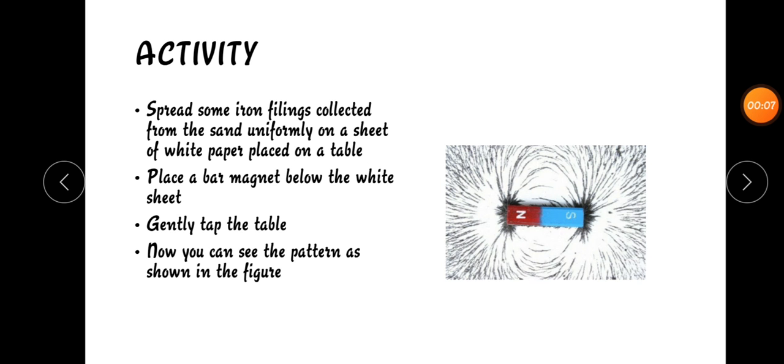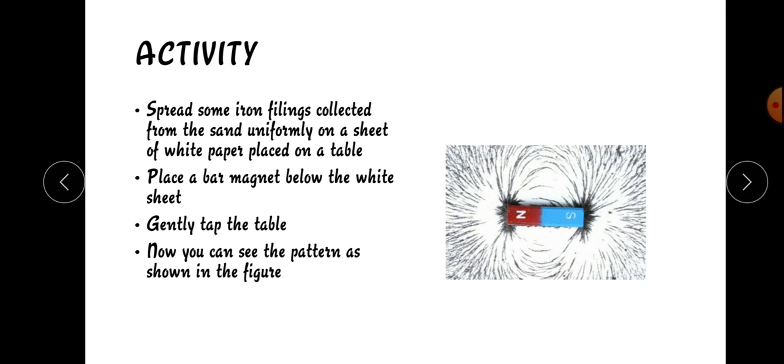Now we are going to study about magnetic field. Let's see one activity. Now spread some iron filings collected from the sand uniformly on a sheet of white